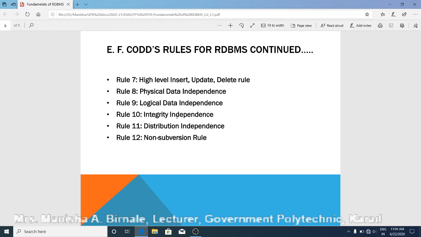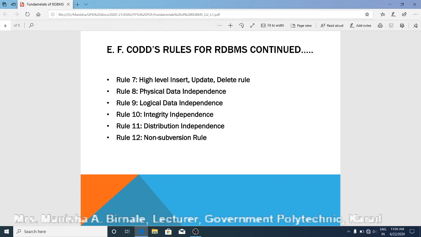Rule 11 is distribution independence. It means the end user must not be able to see that the data is distributed over various locations. The database data may be stored on different machines. Actual large data may be stored on multiple machines, but the end user of the database must not be aware of this distribution. He should always get the impression that the data is located at one site only.